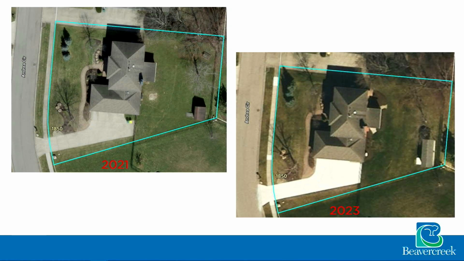Where this originated, the city had received a complaint about the structure being located too close to the property line. So our code enforcement went out and did an investigation and determined that not only did it appear to be too close to the property line, there was never a permit pulled for the shed. And so the code enforcement officer issued a notice of violation, informing the applicant that they needed to get a permit and all that.